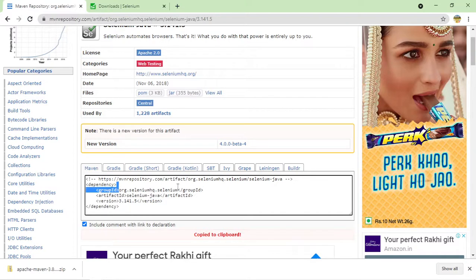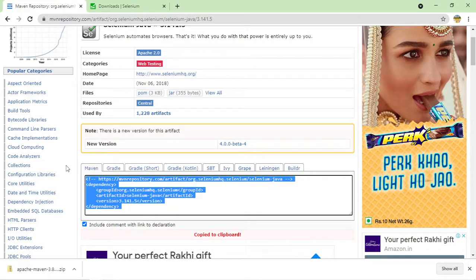Selenium is, suppose, the company name, and inside that they have created so many small projects like Selenium Java, Selenium C Sharp, like that. So this is what it specifies, and this is the version name, and all these things are present inside this dependency tag, right? So this is how they have designed it, and this is just a comment, so if you ignore it, that is fine.